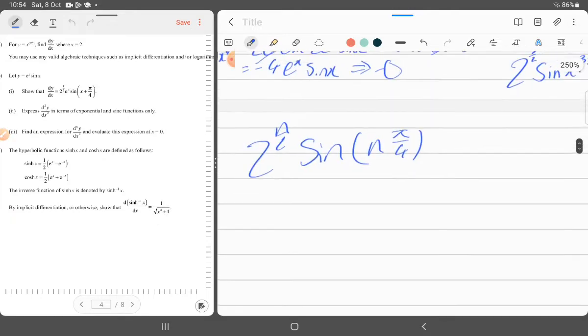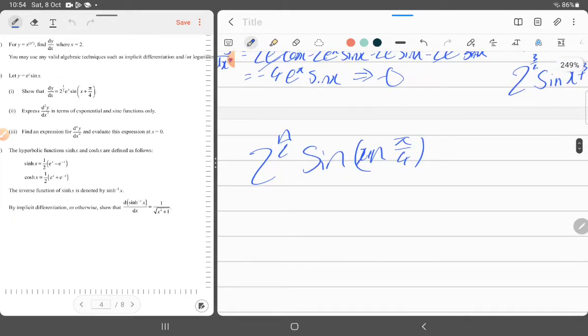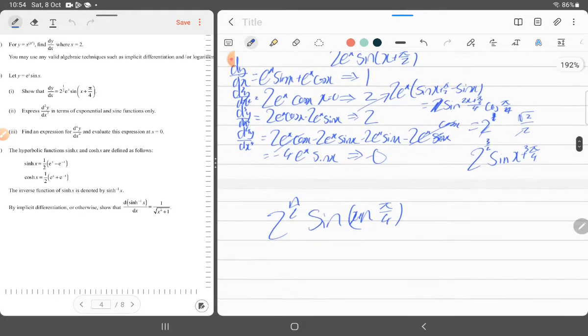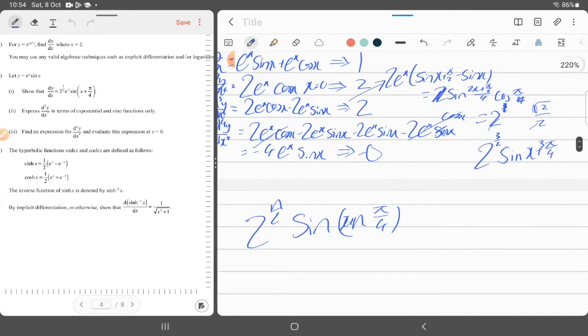I mean sine x plus n pi over 4. No, let me just look at the math formula sheet. So sine, yeah, so